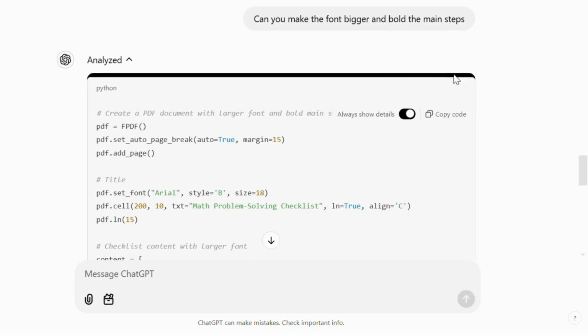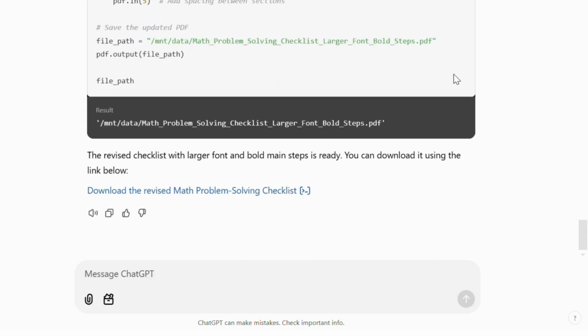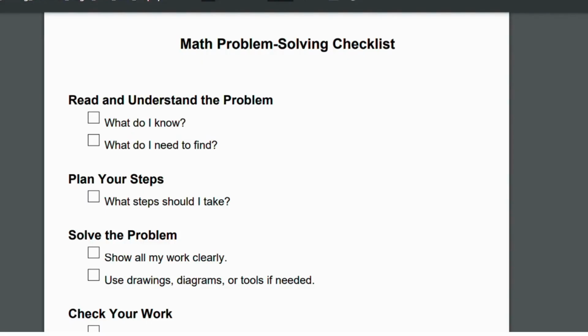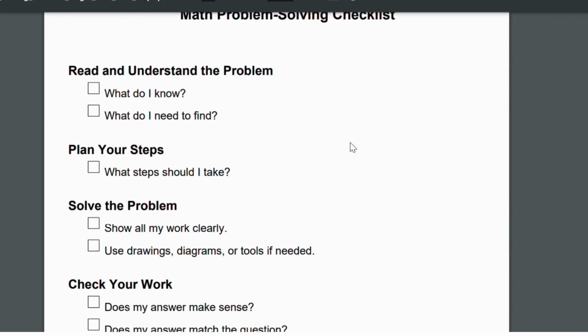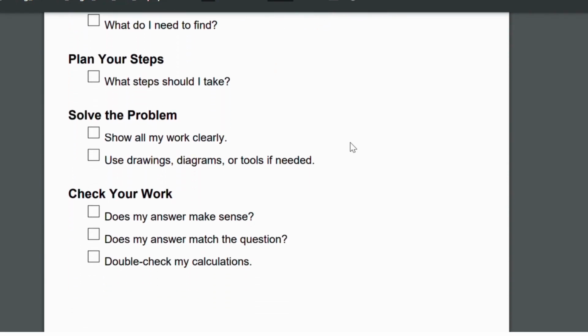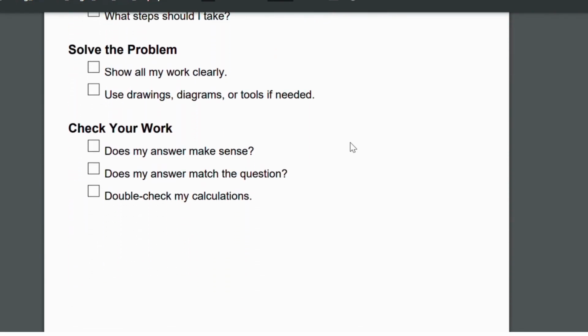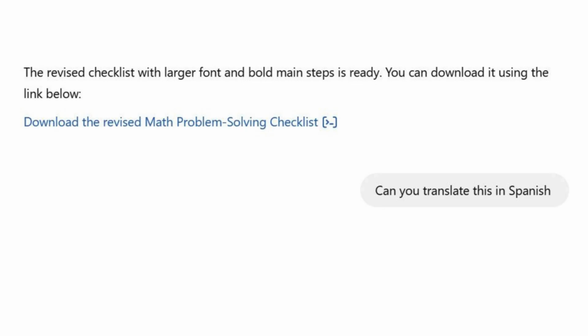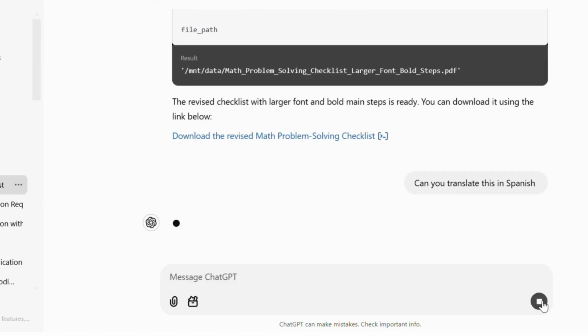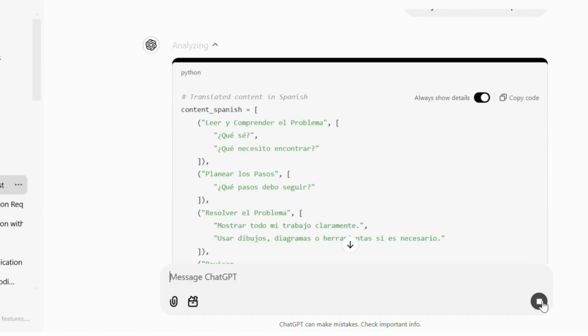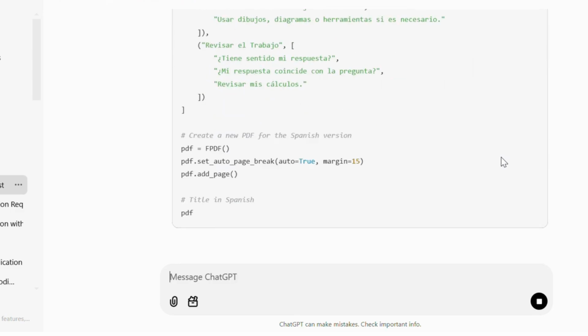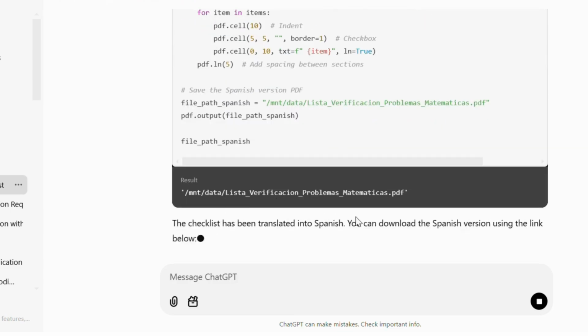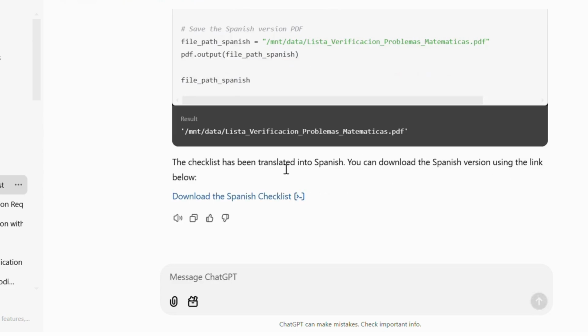Scroll past the code, find the link, and download the revised checklist. Way better. Looks great. I have a few other students that can benefit from this checklist, and some have limited English proficiency, so let's ask for a Spanish translation. Scroll past the code, find the link, download the document, and